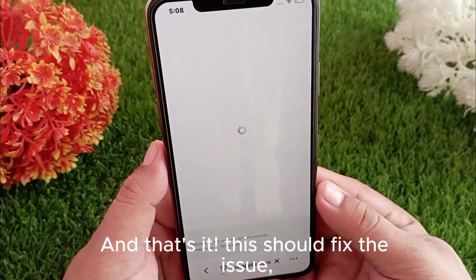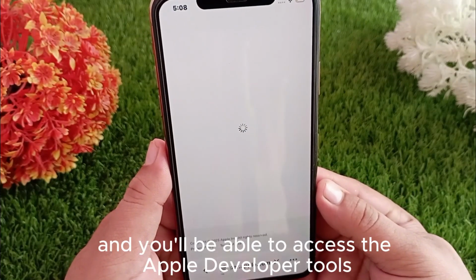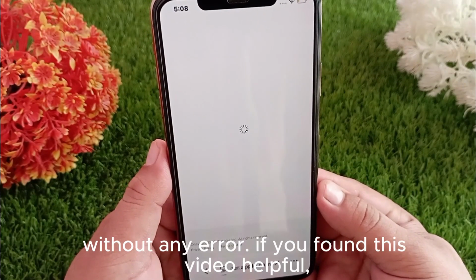And that's it. This should fix the issue and you'll be able to access the Apple developer tools without any